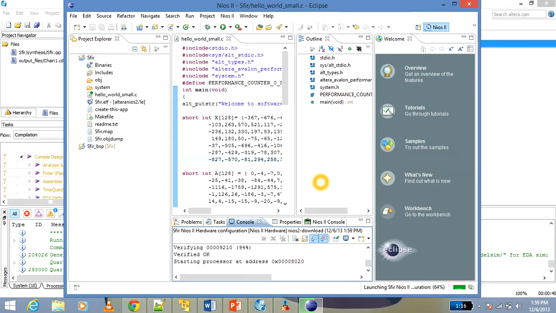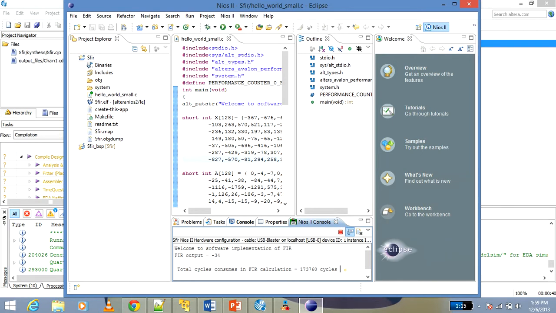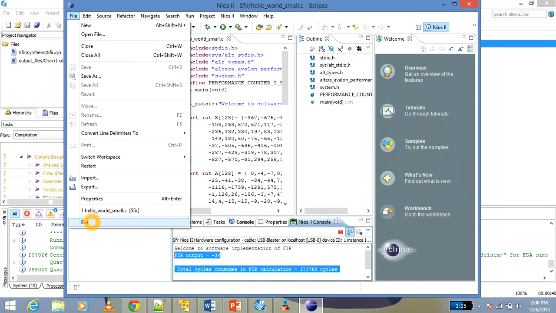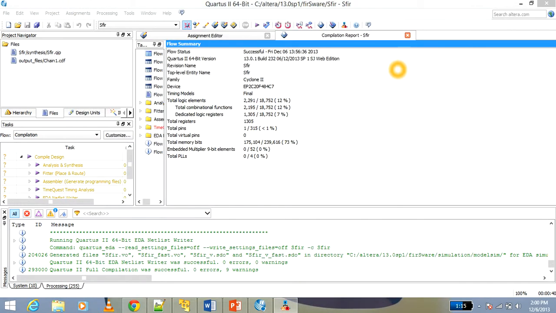So once it has started running, here are the number of cycles consumed by my FIR calculation, and here is my FIR calculation. My FIR output is -34, and the number of cycles it took is 173760. Basically I have taken the first case, so the output for the first case is -34. This is in the software version. So I'll exit the Eclipse, and I'll compare the software version with